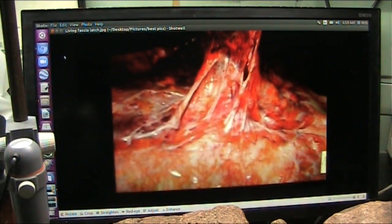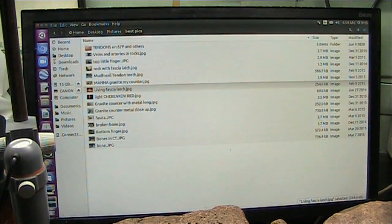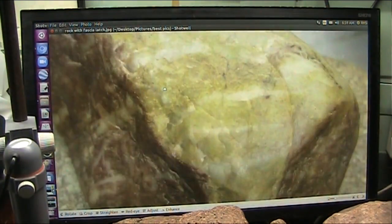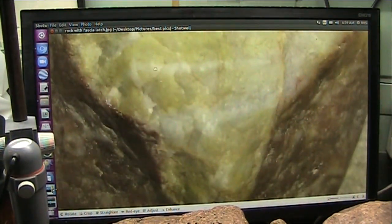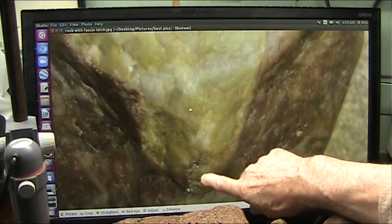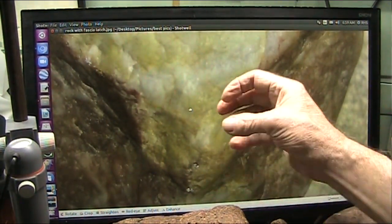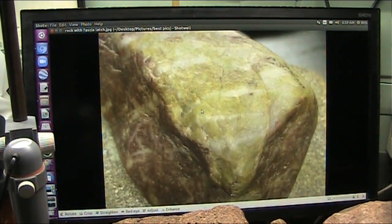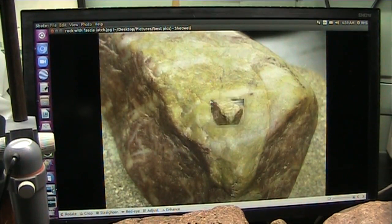It attaches to muscles, it attaches to organs. And again, here's the rock that I had, and that's that flap. You see it right there? That's that latch, and there's a different chemistry right at the spot where it locks in. And I've studied the chemistry pretty deeply on these things, and I suppose we go a little further with this, but